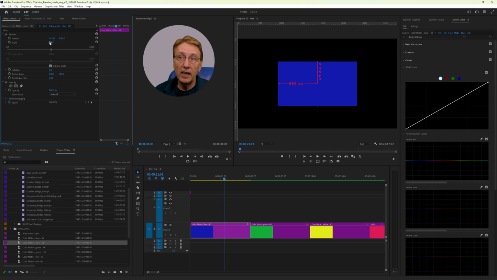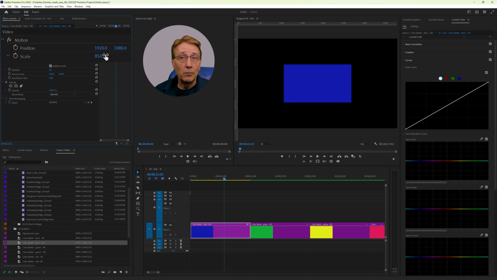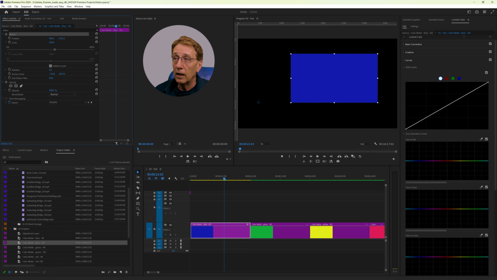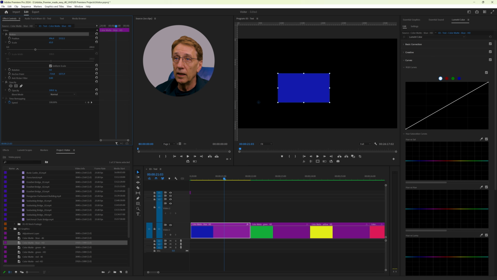When you change the scale, by default, it changes uniformly in all directions from the center, i.e. from the anchor point. But if you click on motion or anchor point, you can see the anchor point here and move it freely, even outside of the clip. So all the changes, for instance the scale, go from the anchor point. The same with rotation. It's always from the anchor point. Wherever the anchor point is, that's the center of scaling or rotation.